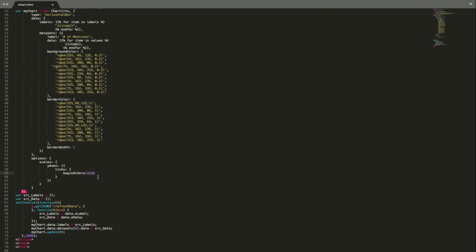We have given true, so obviously the count should start from 0. So if a hashtag is repeated like 3 times, it will be displayed at point 3. So basically the graph starts from 0. And also we have two global variables that are initially set to